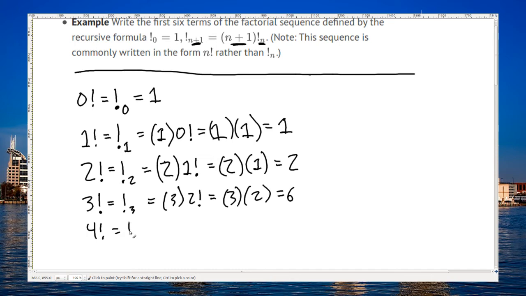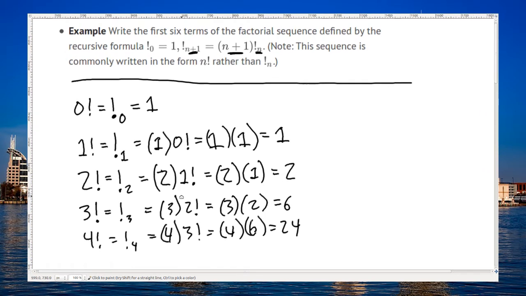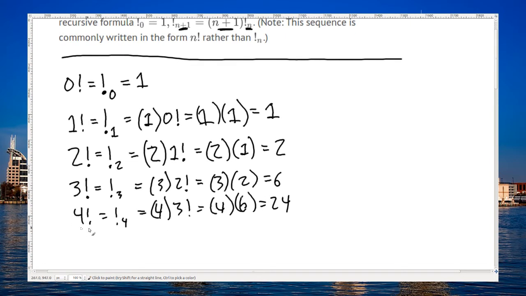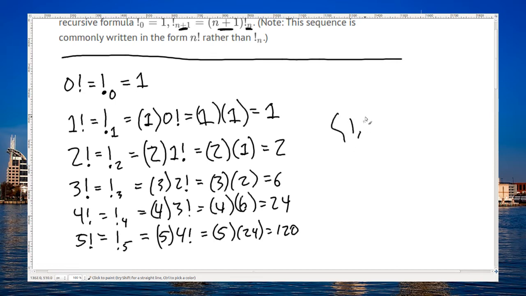4 factorial is 4 times 3 factorial. That's 4 times 6, which is 24. It says write the first 6 terms, so this will be the last one, since I started with the 0 term. 5 factorial is 5 times 4 factorial. That's 5 times 24, which is 120. All right, so I can list them all out together: 1, 1, 2, 6, 24, 120. There's the first 6 terms